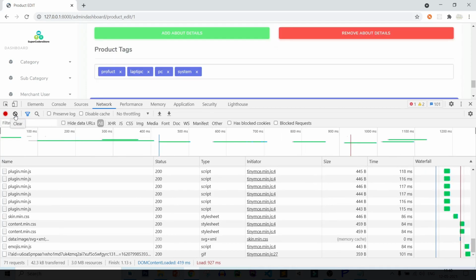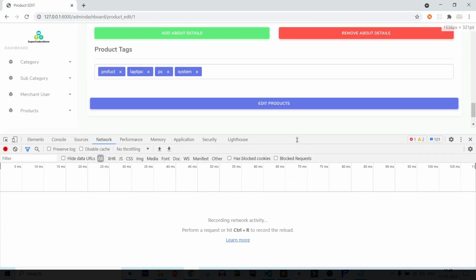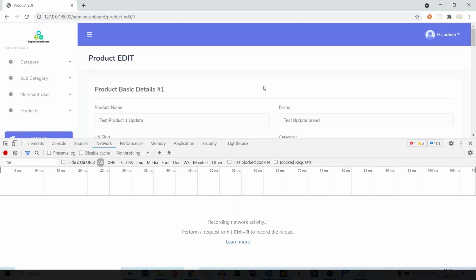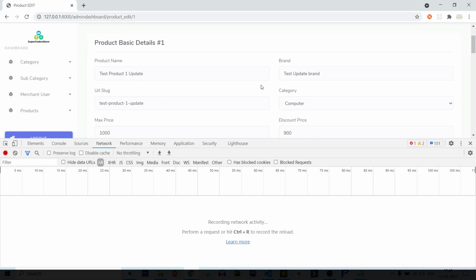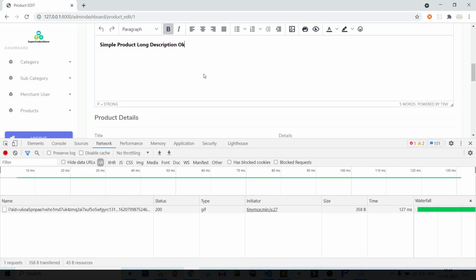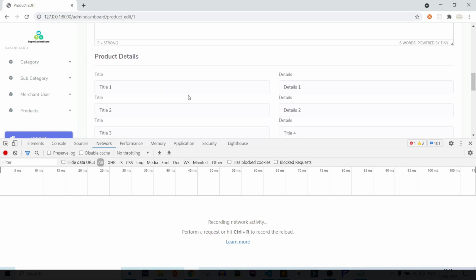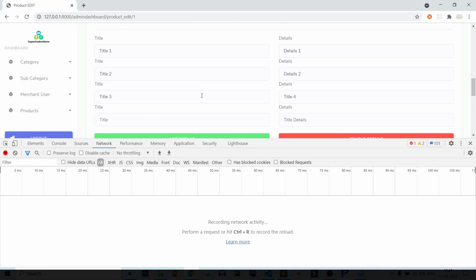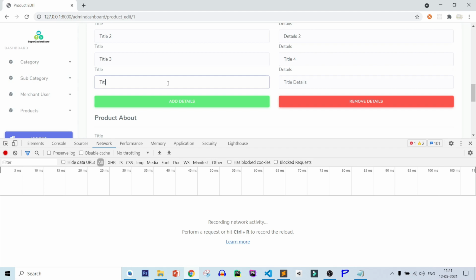So refresh page, clear the console, and here you can see the previous data which I changed has been updated. So adding 2, 1, 1, okay, 2, clear it, and here you can see title has been added.